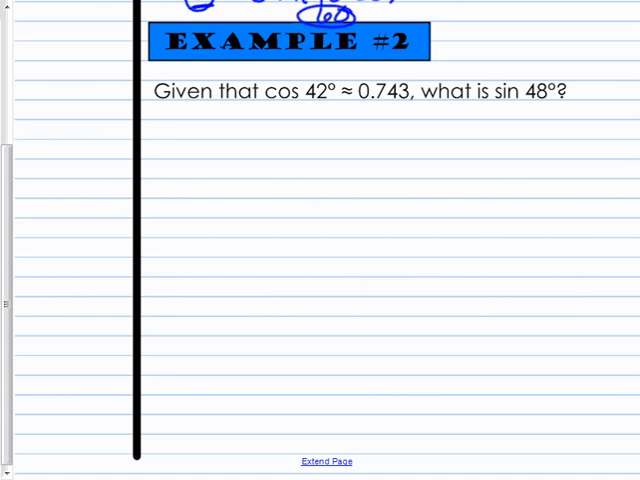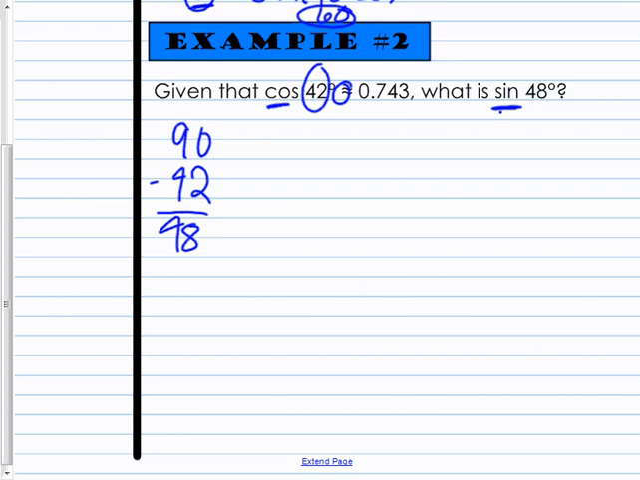And the reason why this sign is here, this means approximately. So the cosine of 42 is approximately 0.743. Well, 90 minus 42 is 48 degrees. The opposite of cosine, or the cofunction of cosine, is sine. So if you take the sine of 48, because again, 90 minus 42 is 48,